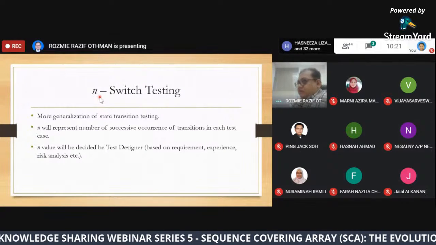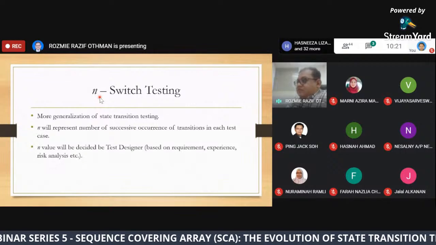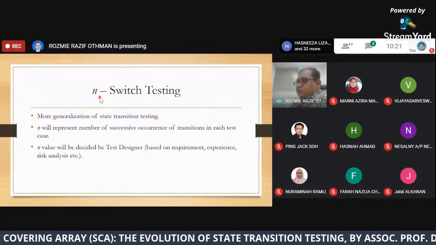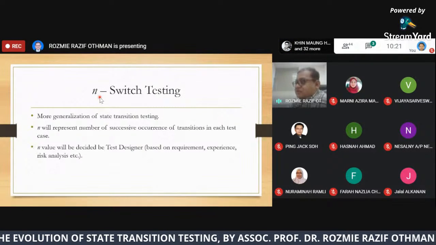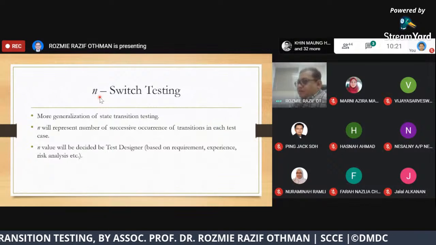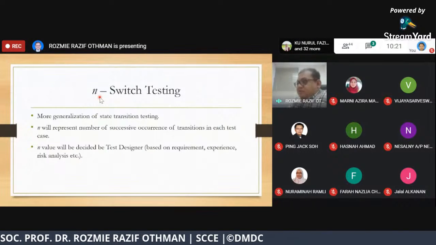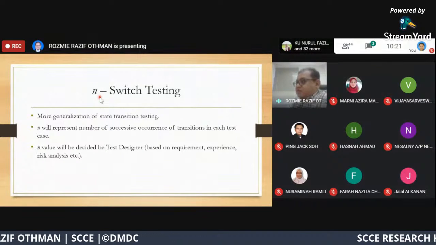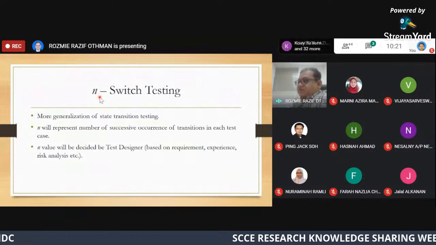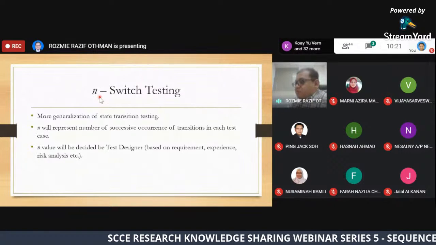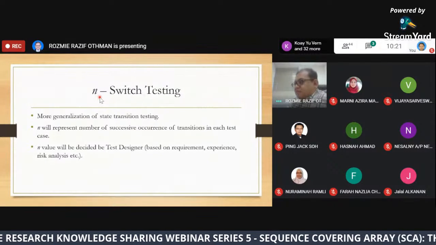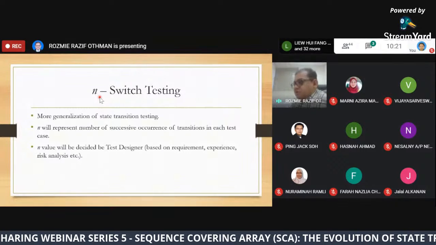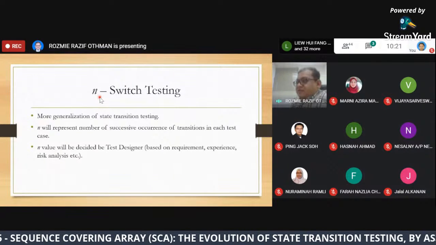So there is a suggestion to have what we call N switch testing, a more general form of state transition testing, where N represents the number of successive occurrences of transitions in each test case. So the N value will be decided by the test designer, based on requirements or their experience, or maybe the risk analysis.